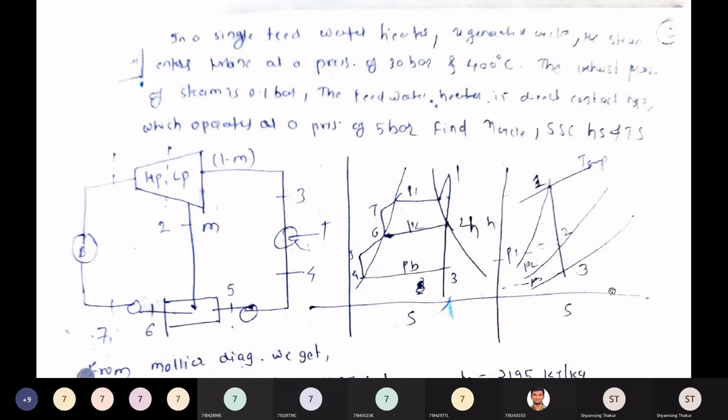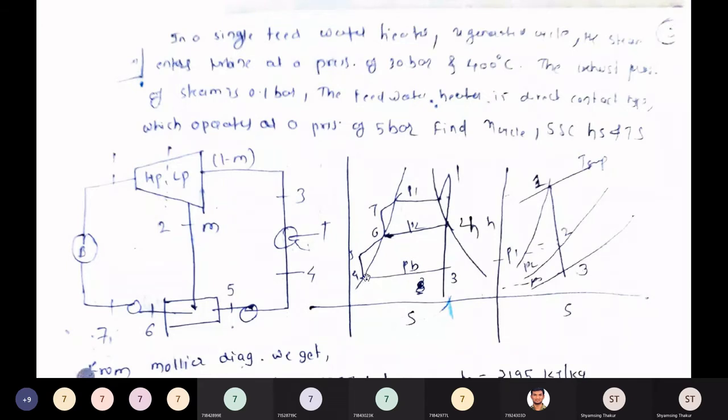Now seeing the HS diagram, 1 2 3. You can draw point 1 easily because 30 bar and 400 degrees Celsius are given. You can locate it on the Mollier chart. Yesterday we saw the numericals. Then it is expanded up to point 2, where the reheating pressure is also given. As it is a constant entropy process, you just have to take a vertical line down, and similarly to point 3 at the 0.1 bar condenser pressure.